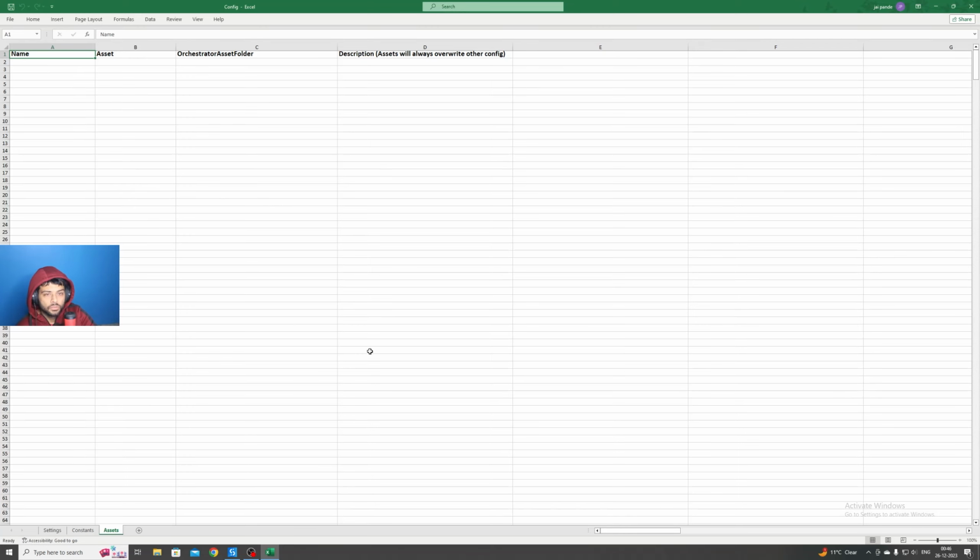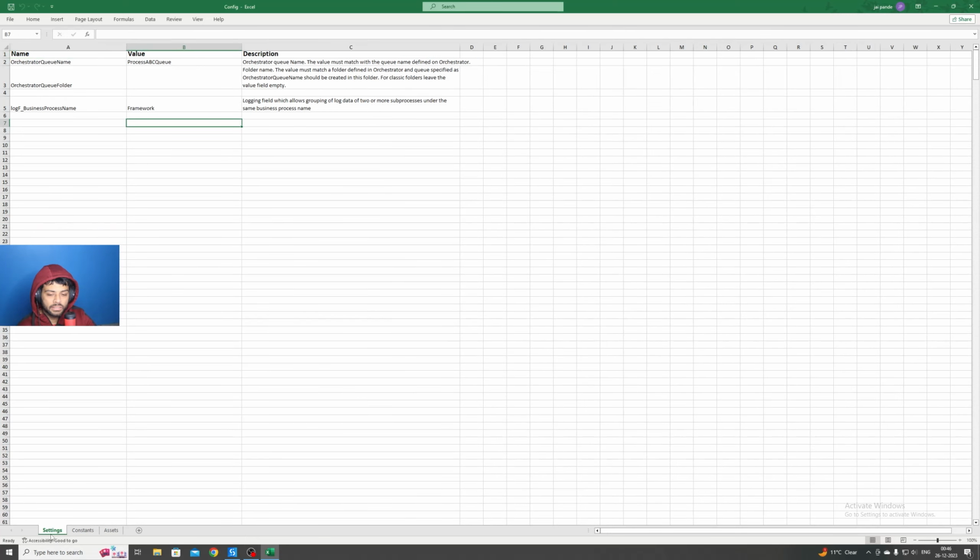Okay, so as you open the configuration file of the REFramework, we have 3 sheets. Let's start from the starting sheet: settings, constants, and assets. In the settings sheet, it's asking for an orchestrator queue name. If we are using the queue item as a transaction item variable, then we have to initialize this queue name over here. So we can give the queue name over here, and guys, this